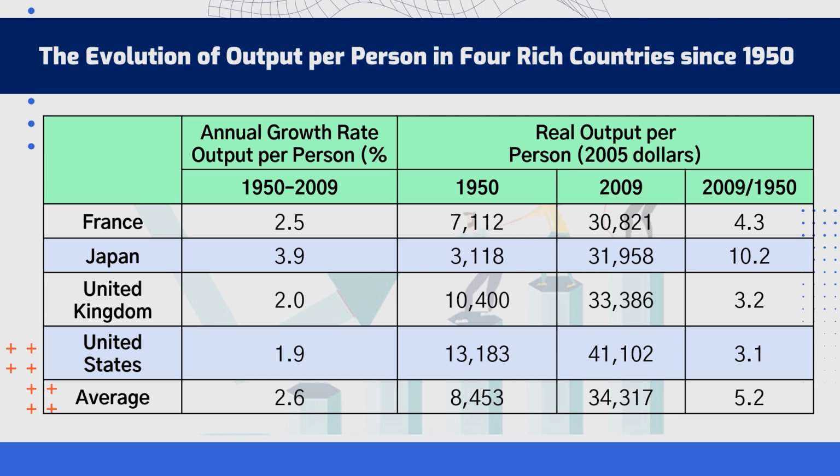economic performance. Japan's rapid rise in output per person is a classical example of the catch-up effect, where a previously less developed economy can accelerate growth by adopting advanced technologies and management practices. Moderate growth in countries like the United Kingdom and the United States reflects mature economies experiencing slower but steady improvements in productivity. So, why does this matter?